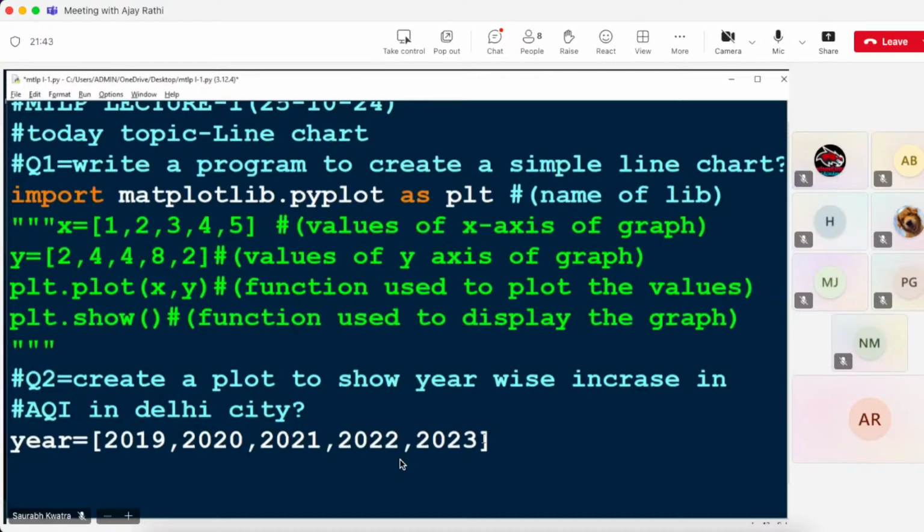You can write that. Now, since you know air quality index is always in particulates matter, so you can write the values roughly like 100, 150, 189, 215, 252, any random values. Okay,